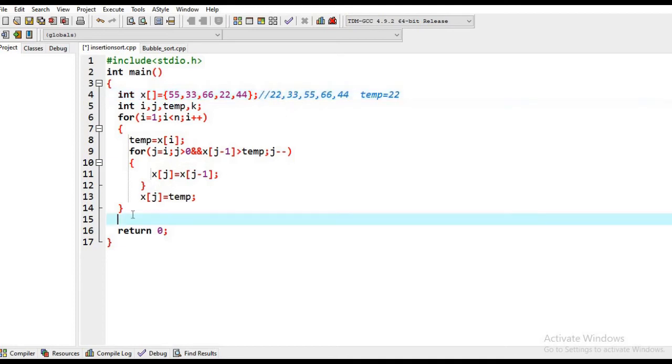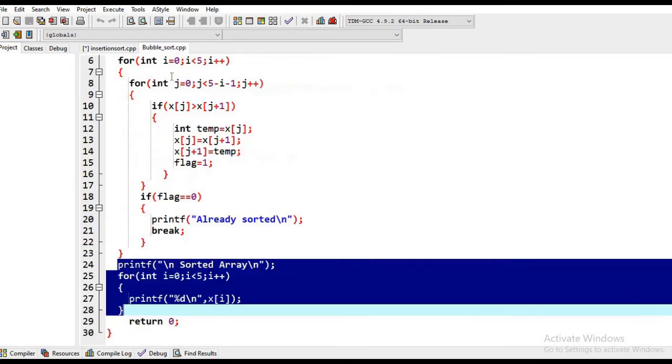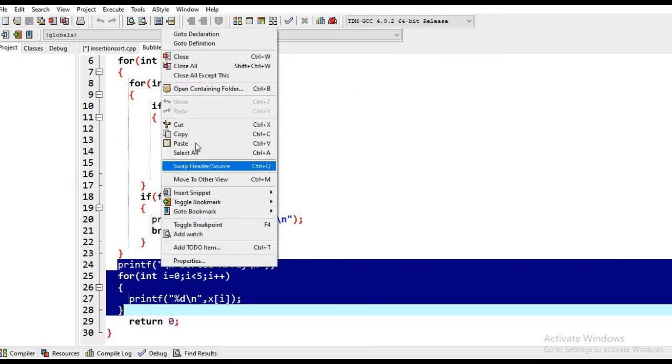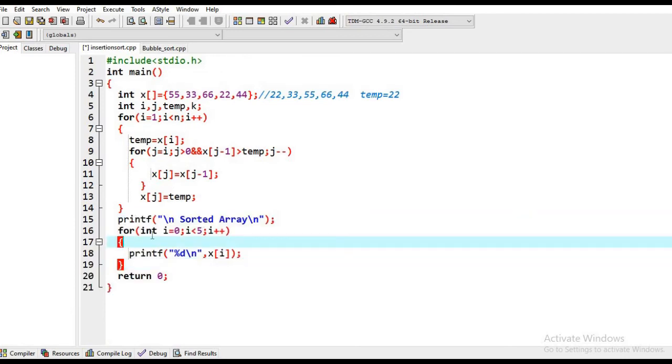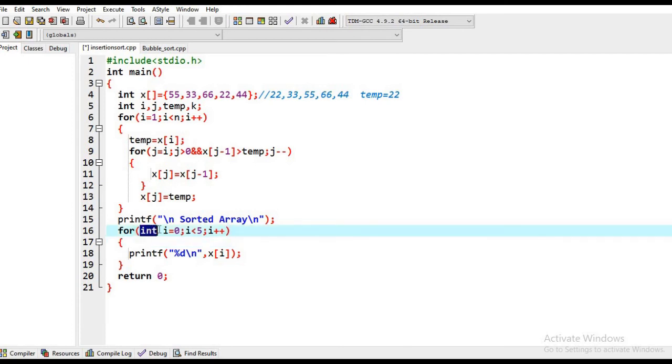Now we are going to print this, and for that I am not going to type. I will just copy it from here and put it here. This declaration I should remove because I have already declared i here, and that's all.